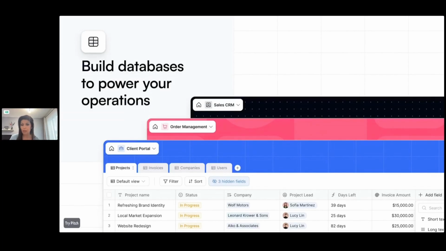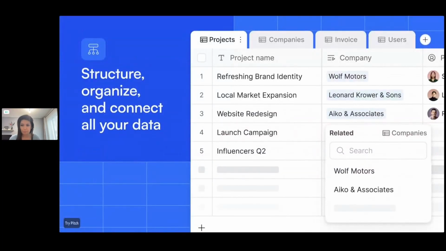But even if you have, and you are building Softr apps on top, with the use of databases as a backend for your data, apps become extremely fast and far more performant. So our goal with the introduction of the databases is three main things. One, the databases allow you to structure, organize, and connect all of your data in one place. It becomes one source of truth for all of your organization data.